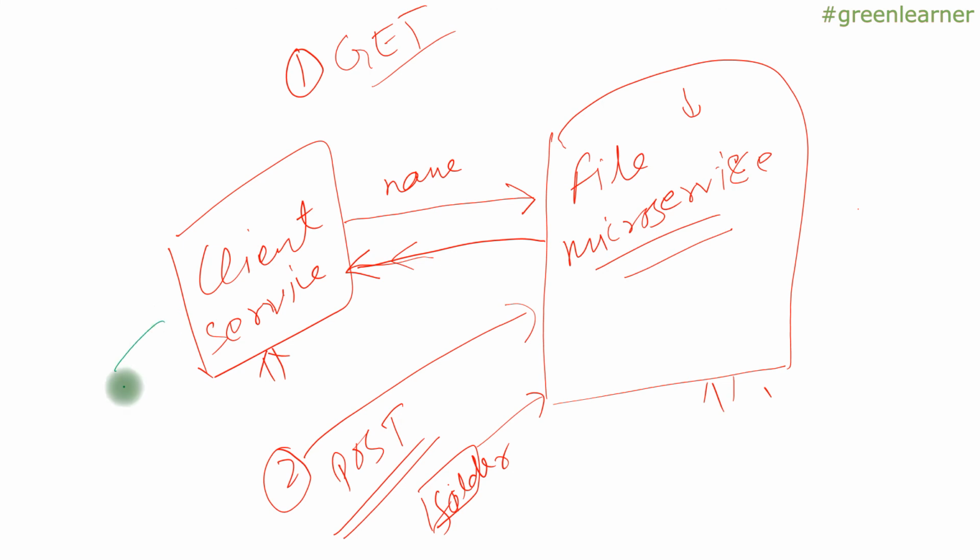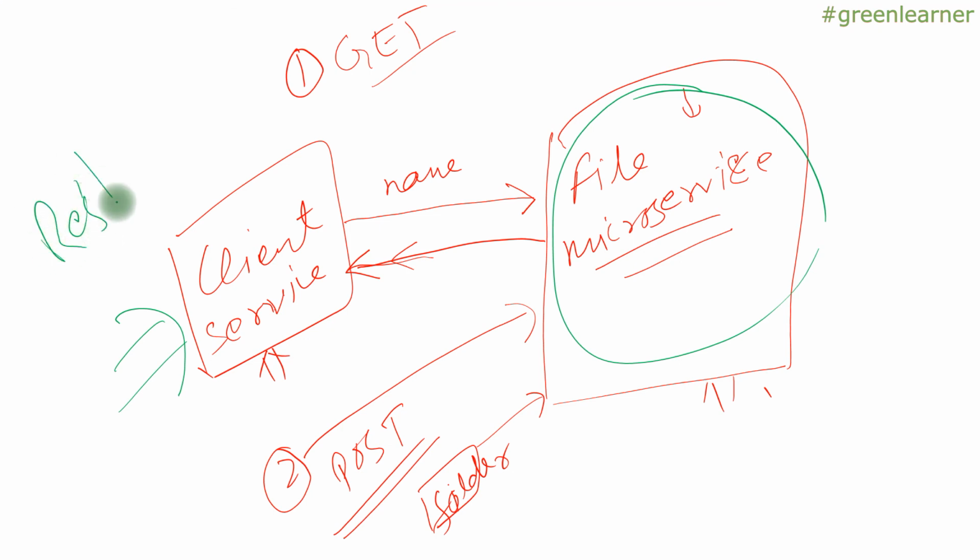Now your client is calling your file microservice programmatically, right? How you can pass the files programmatically using RestTemplate. RestTemplate is very important from the perspective of the communication among microservices, right? So if you want to watch all the use cases with the RestTemplate, I already have created a proper playlist for that. You can go ahead and check that out, right? So I hope you got understanding about how you can call this programmatically, right? And you got something.